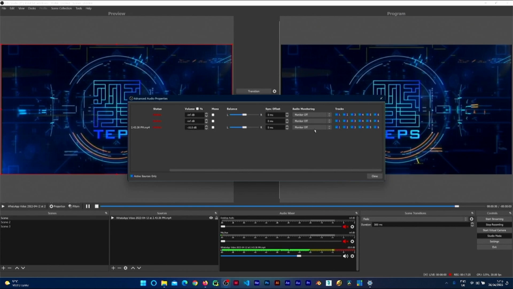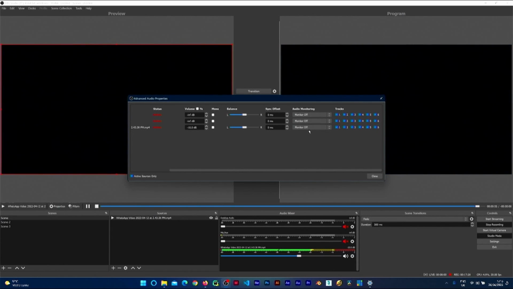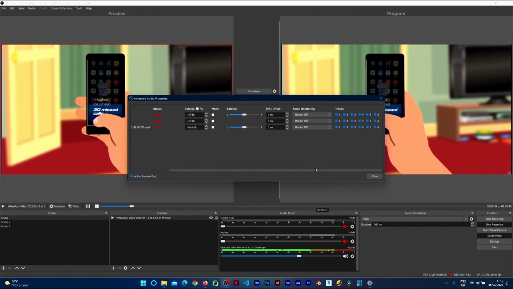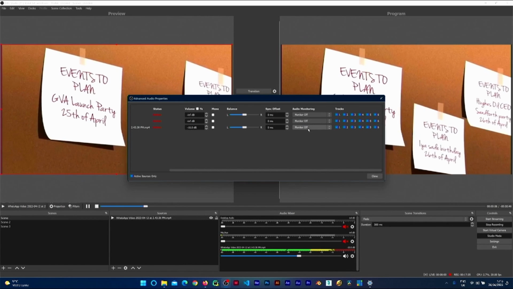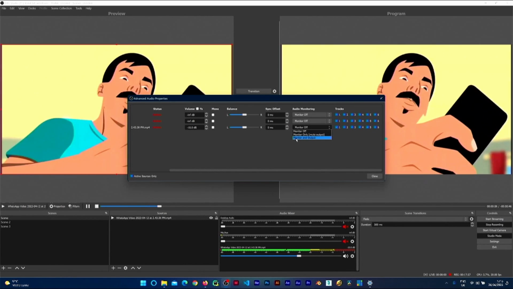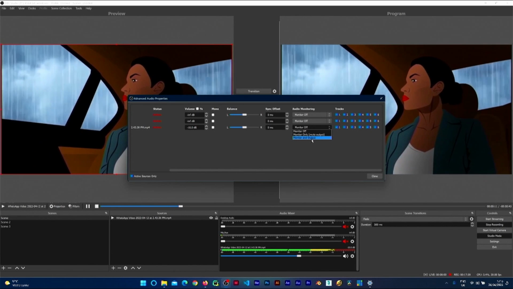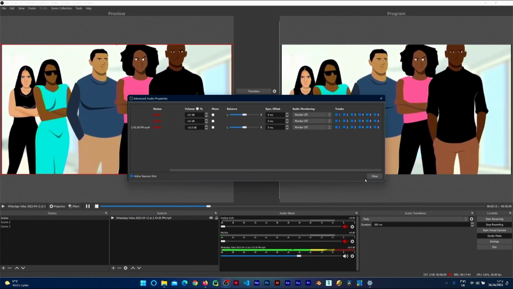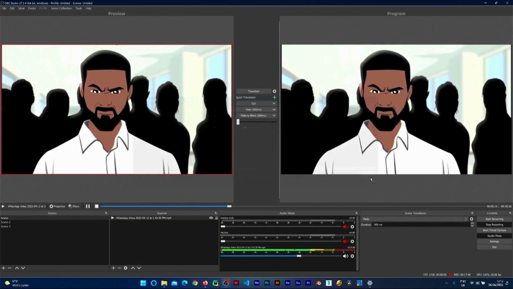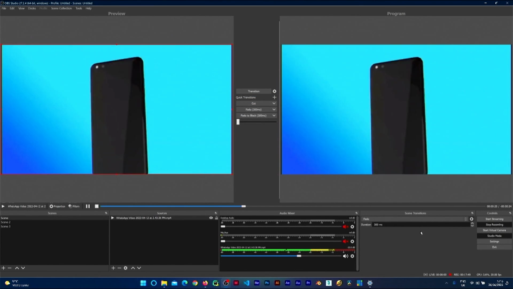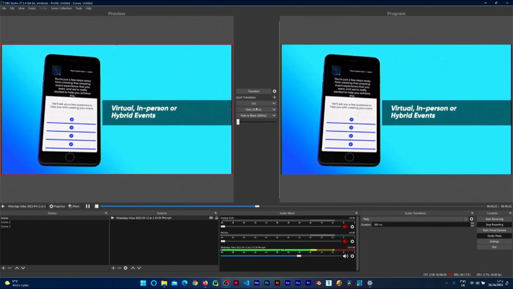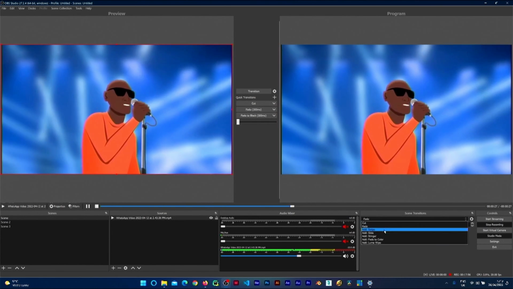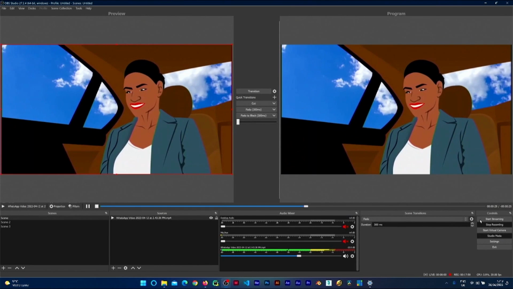Now, if I want to hear this audio come out in my monitor, then I want to make sure it's by default monitor off. Then I could swap this to monitor and output just so that I can hear it on my PC speaker or my headphone or whatever output I'm using to monitor my audio. Now, that's for the audio mixer. You have your transition, which is not different from what you find here. And of course, you can add custom transitions if you want. Coming to the stream control,